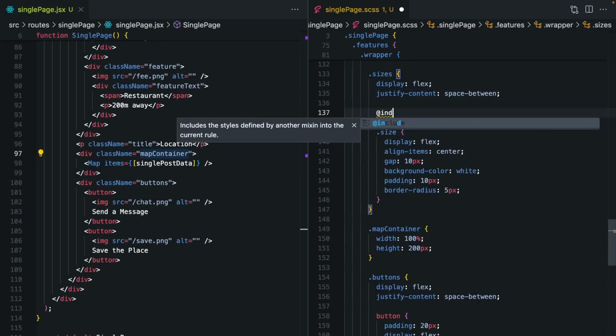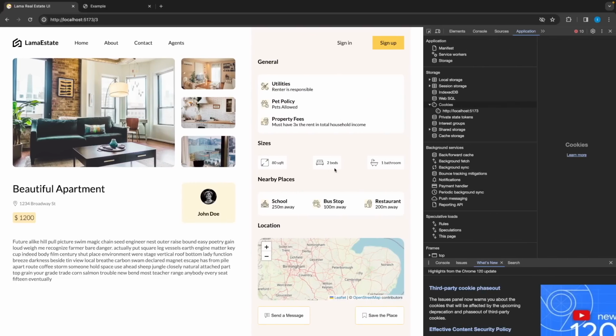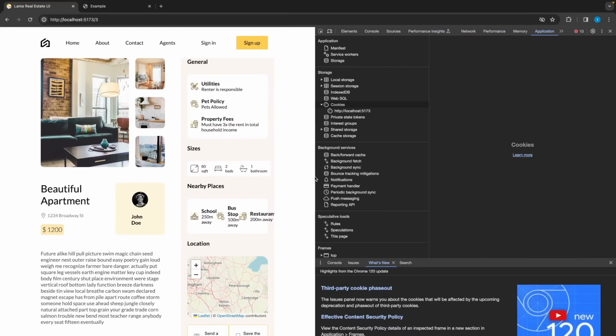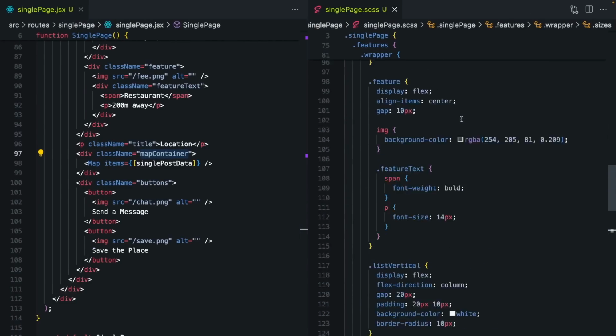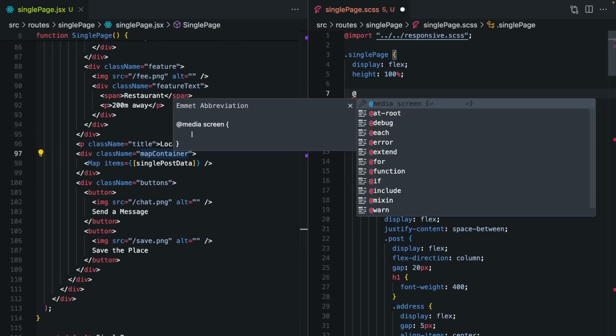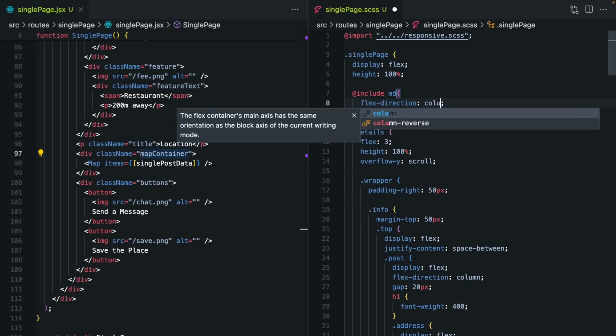And I will say include, if it's LG, font size will be smaller. Let's make this 12. Okay, perfect. And there is no problem. But for the medium screen, we can move this section to under our information section. So it's not gonna be horizontal anymore. So I'm gonna come here at the top of the file, and for the medium screen, include medium, flex direction will be column,